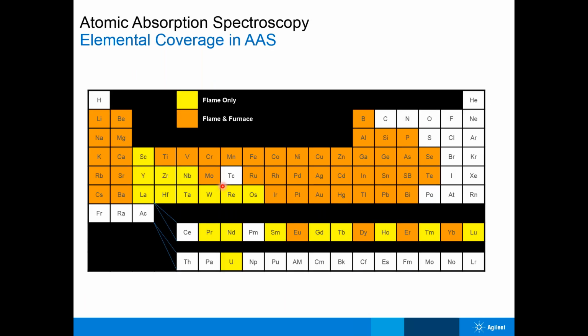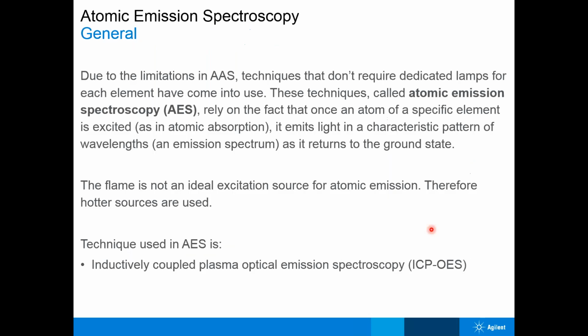Now if you look at the periodic table, those in yellow color are possible by flame, whereas those in orange color are possible by flame and furnace. It means only a limited number of samples we can estimate by using the furnace, whereas others are not possible by using the flame, or not possible by using the furnace. Again, in the flame you have to select the technique, either air acetylene flame or nitrous oxide acetylene flame. Coming to another atomic spectroscopy technique, called atomic emission spectroscopy, which overcomes few of